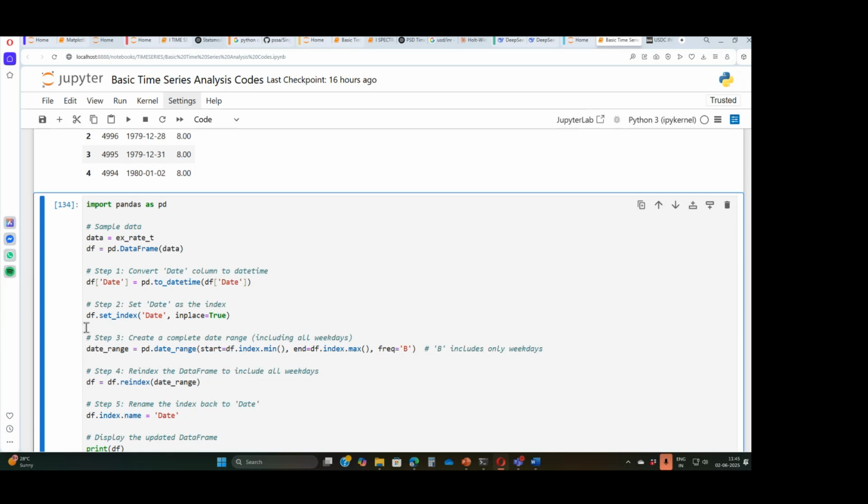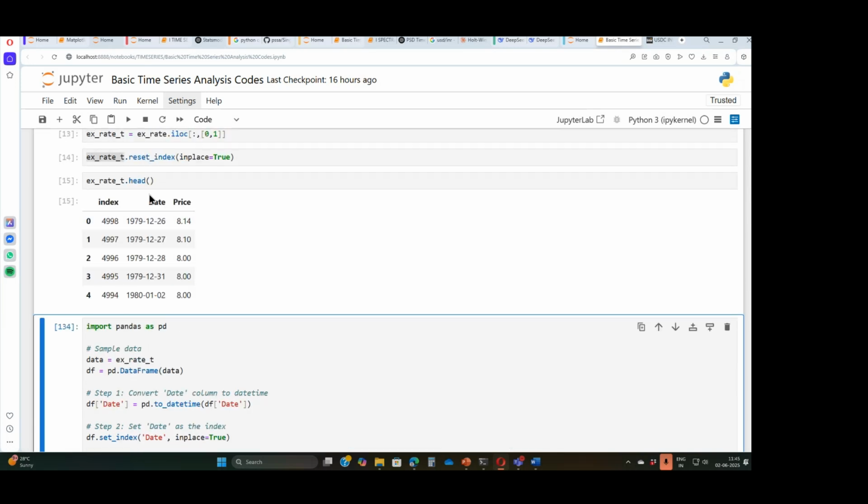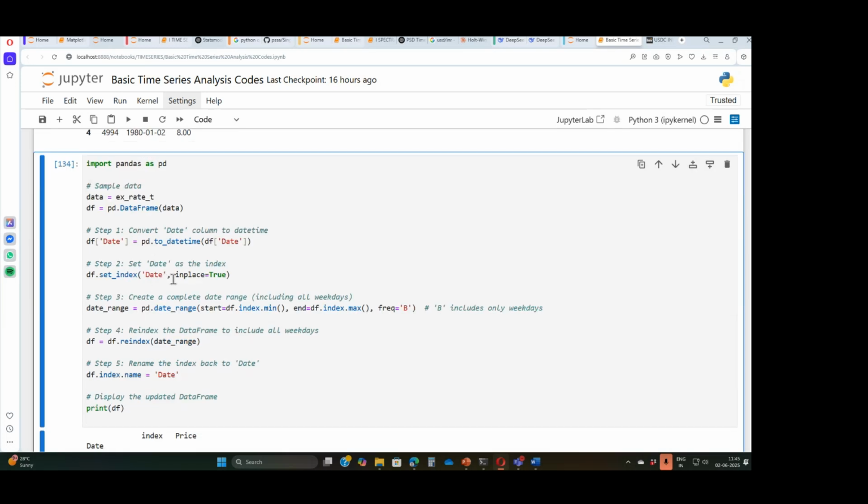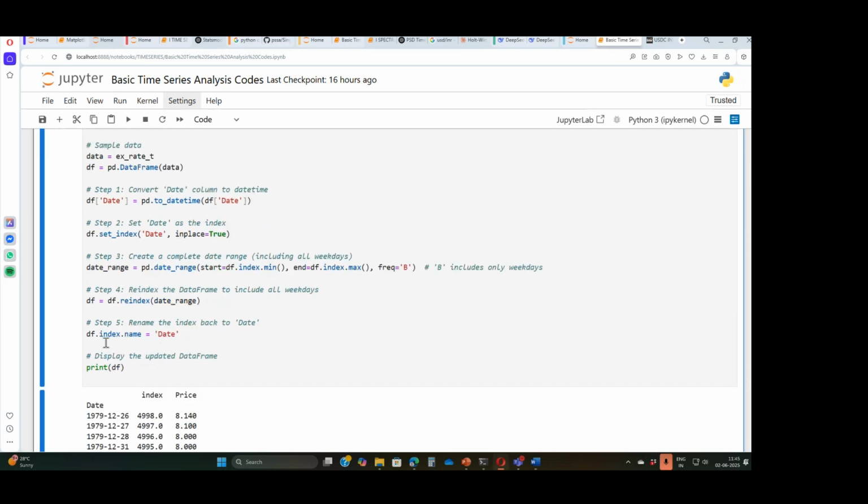And then I put this into the index. When I put a variable into the index, it will go 1 step down. You'll see that later. That's not visible over here. So I'm telling the computer, make the date the index. And then you create a date range from minimum to maximum. Frequency capital B means only weekdays. Then I say reset the index, because date will go into that, and I want to call the index name date, and I want to print the df. You will just see in a moment what it has done.